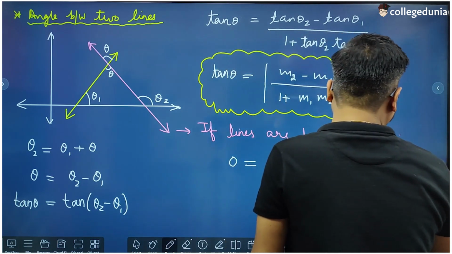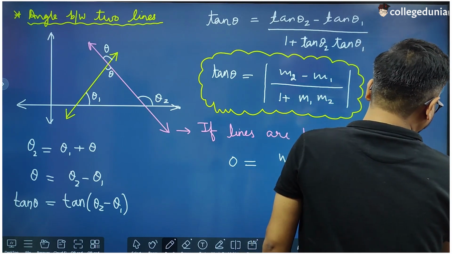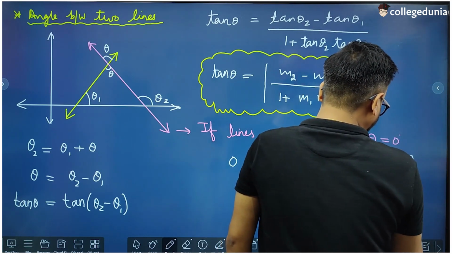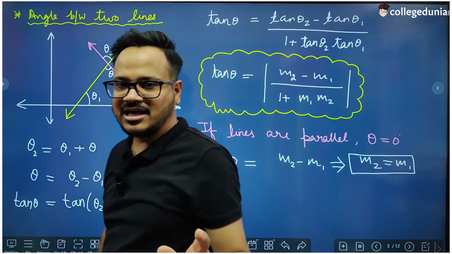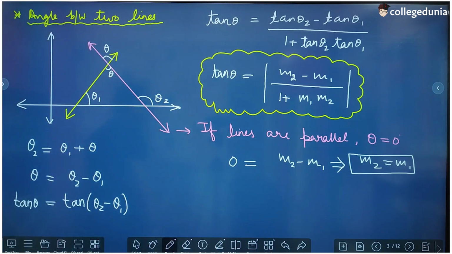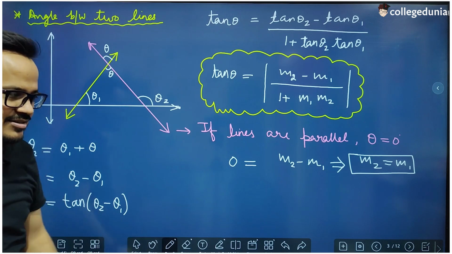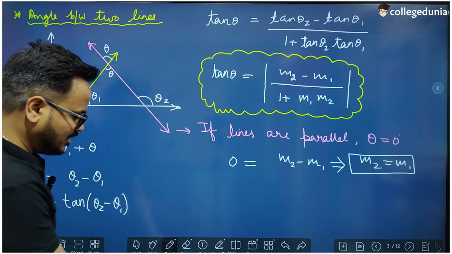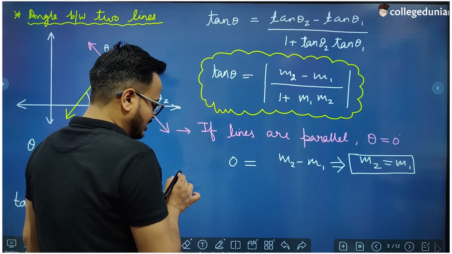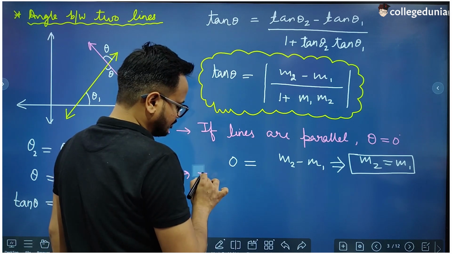And this is a very important result, that when the lines are parallel, their slopes are equal. Obviously, if the lines are parallel, then both of them are making the same angle with x-axis, so their slopes will be equal, right? And if the lines are perpendicular,